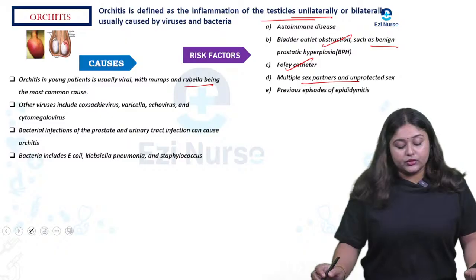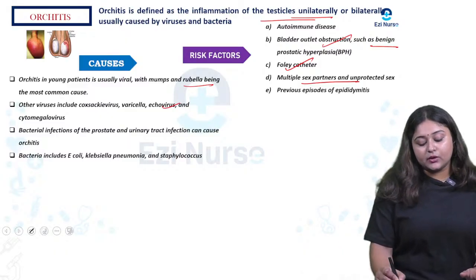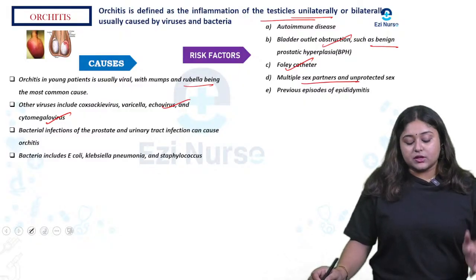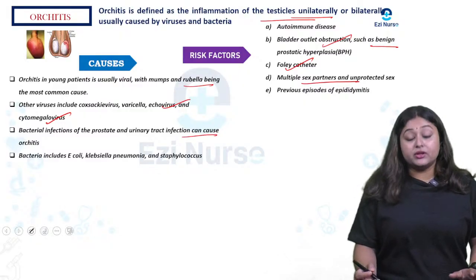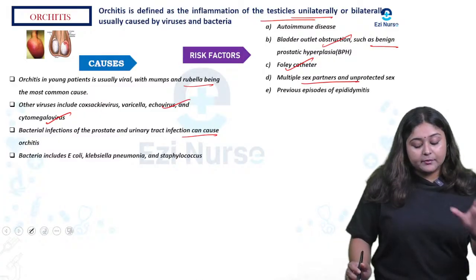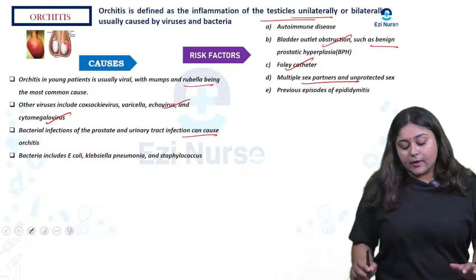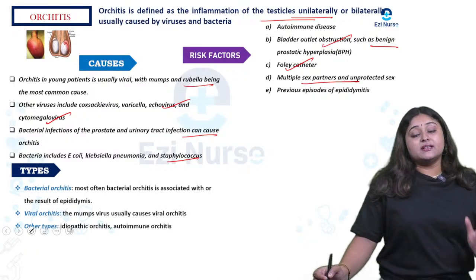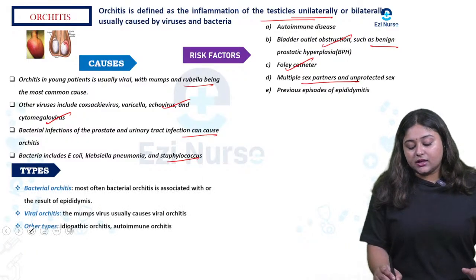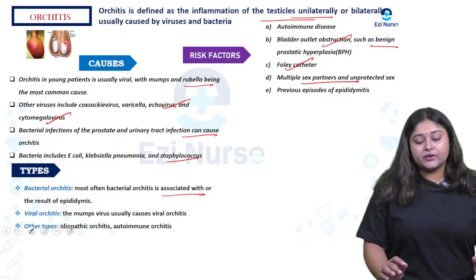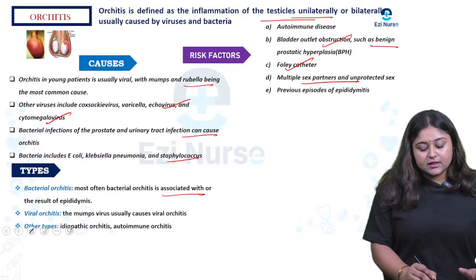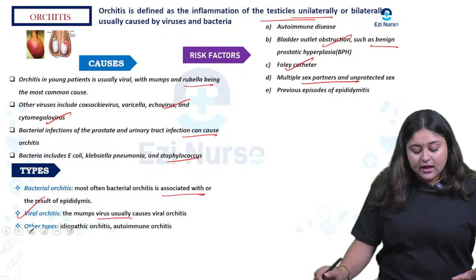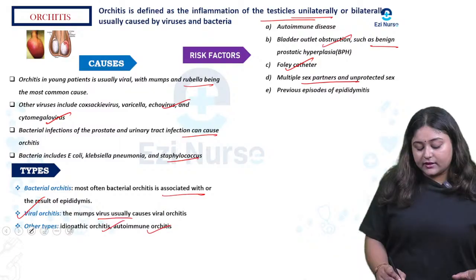other viruses include the coxsackie virus, then varicella, echovirus as well as the cytomegalovirus. Next is bacterial infections of the prostate and urinary tract infection can cause orchitis, and bacteria include E. coli, Klebsiella pneumoniae as well as the staphylococcus. So what are the types? First is bacterial. In this, bacterial orchitis is associated with or the result of epididymitis. Next is viral. In this, mumps virus usually causes the viral orchitis, and other types: idiopathic orchitis, autoimmune